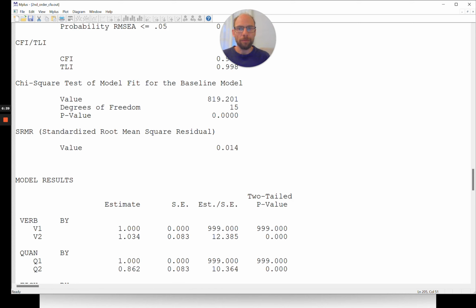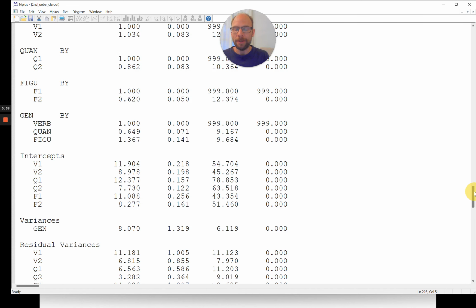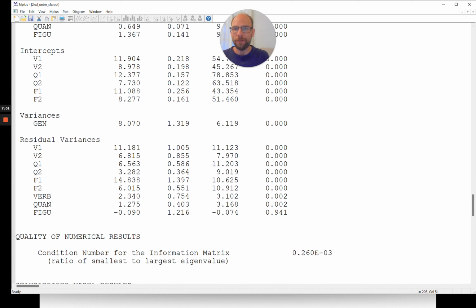So what went wrong? Let's take a look at the parameter estimates. When you scroll down, the loadings look normal. You can see one loading is always fixed to 1 per factor for identification. By default, that's the first loading in Mplus. So that all looks normal. We get some intercepts that look normal. A variance of our general factor is estimated. And then we have residual variances. You can see we have residual variances for the observed variables. Those are the error variances for the indicators. And then we also have residual variances here for the latent first order factors,